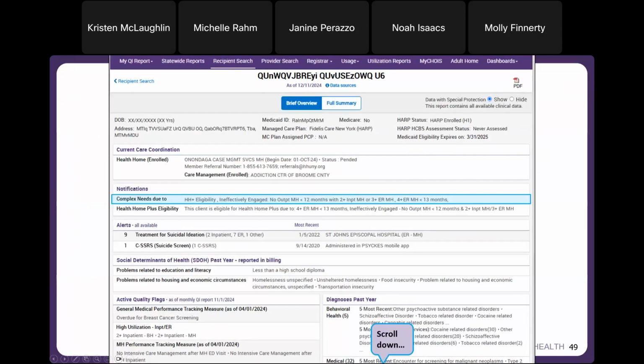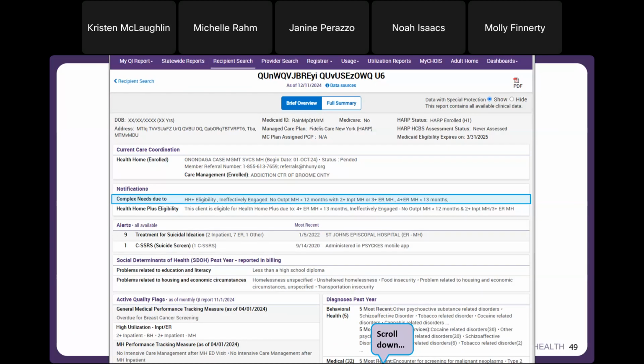So what we're looking at here is called the brief overview. This is something that we worked directly with hospitals on. We got hospitals' feedback because one of the comments we got a few years ago is that the clinical summary is great, it has a lot of information, but I'm in the emergency department. I don't have the luxury to thumb through 40 pages of documentation or scroll for minutes to make sure I'm understanding the most critical pieces of information.